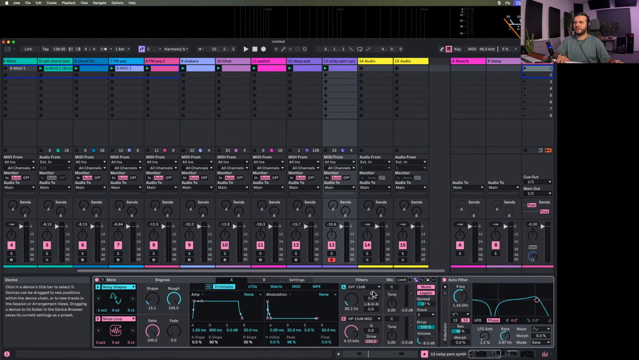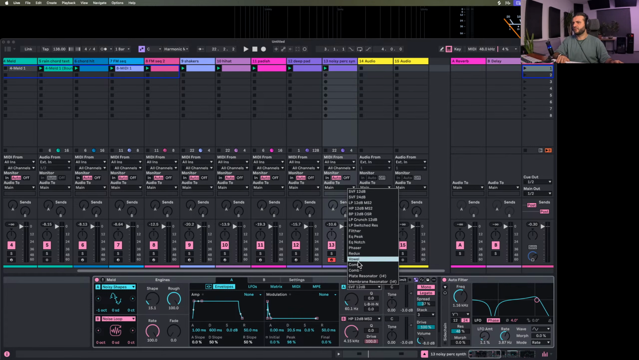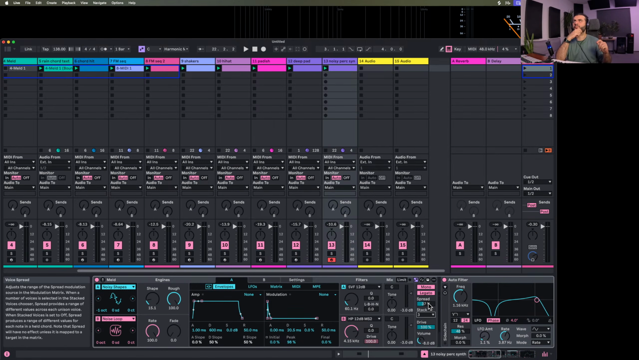Explore these filters, they are great. The comb ones are great, wobbles. Redux is great, it's basically bit crushing the sound. You have these scale-aware resonators, you have this crazy filter, EQ notch again here, and much more. There are lots of possibilities when you use stacking, spreading, unpredictable